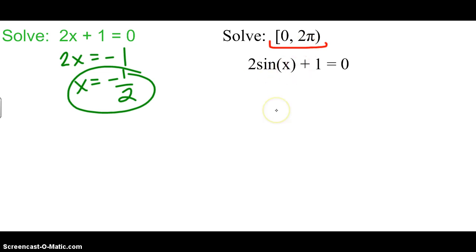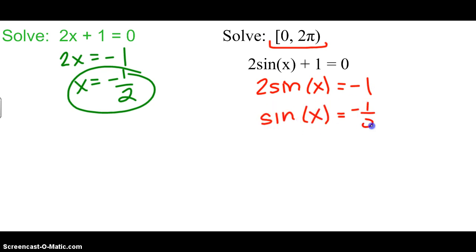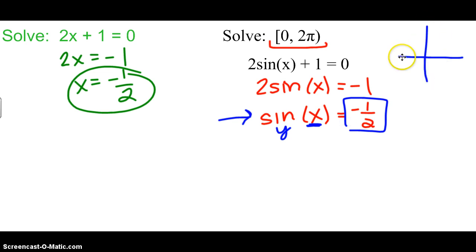I want to solve 2 sine of x plus 1 is equal to 0. So, I'm going to start just like I did with solving the algebra. Divide by 2. These types of questions you have seen before on tests, quizzes, practice problems, all of those things. This is asking for an angle x such that the y value is equal to negative 1/2. Well, if you think about your unit circle, sine is negative down in this part. Sine is negative 1/2 at these angles over here. So your answers